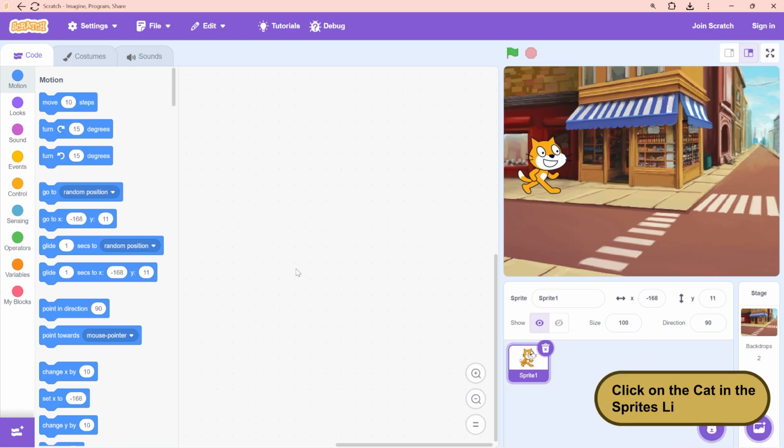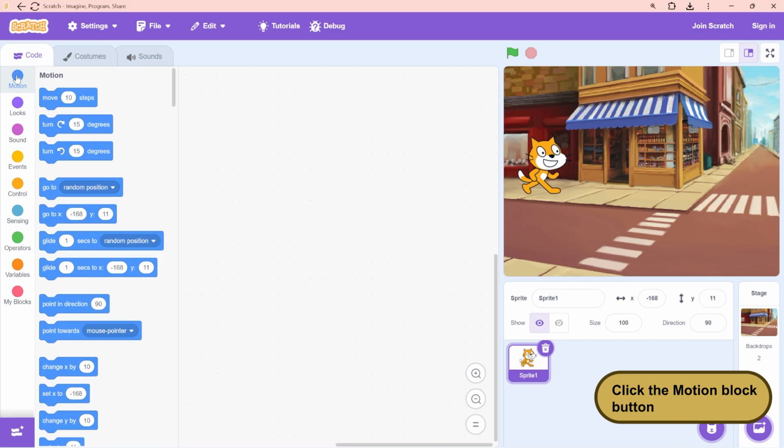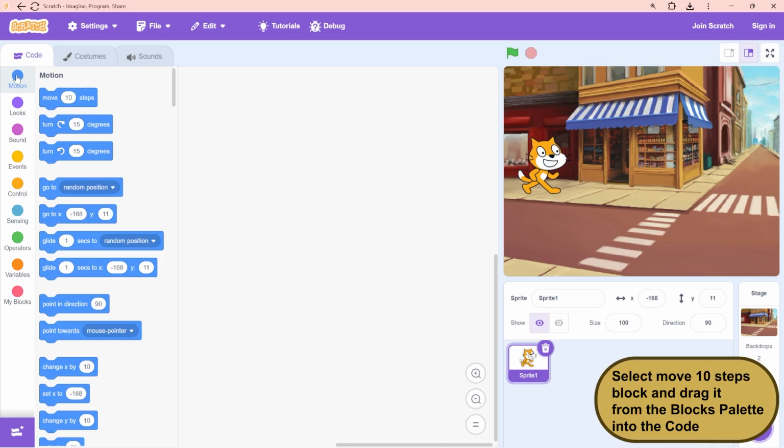Step 5. Click on the cat in the sprites list. Step 6. Click the Code tab. Step 7. Click the Motion Block button. Step 8. Select Move 10 Steps block and drag it from the Blocks palette into the code area.